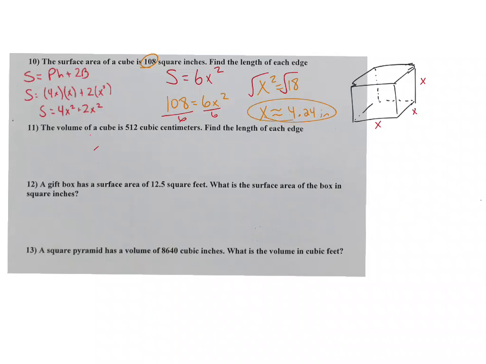Now the volume of a cube is going to be the area of the base, which is x squared, times the height, which is x. So volume is x squared times x. So the shortcut volume of a cube is just side cubed. So if I know that 512 goes in right there,